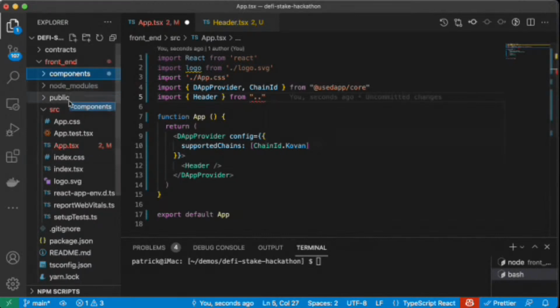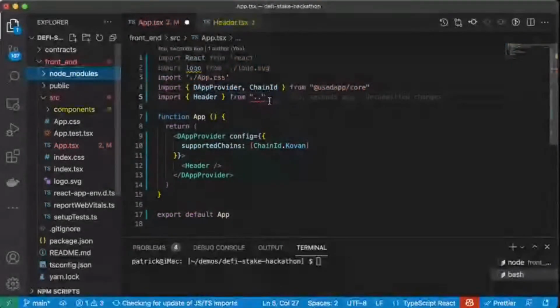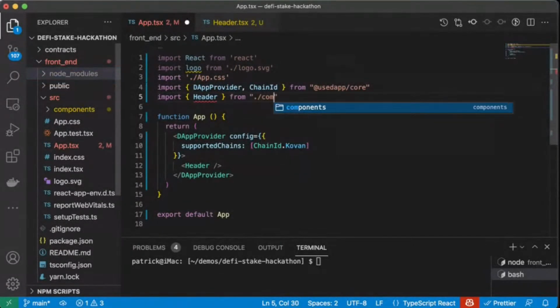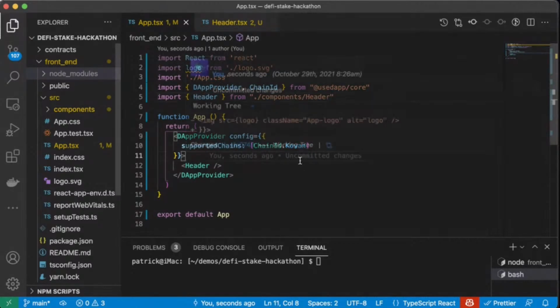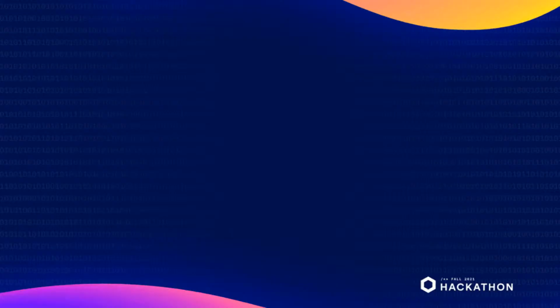Oh, right, because I need to put this in src. Sorry. Now /components. Here we go. /header. Now, if we look at our